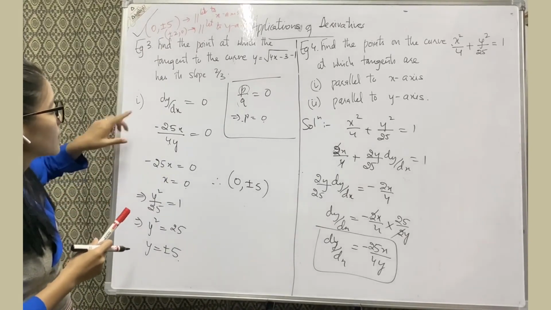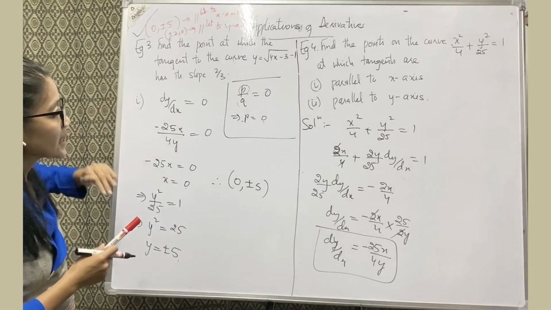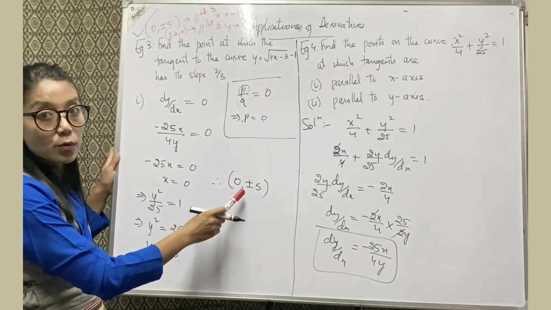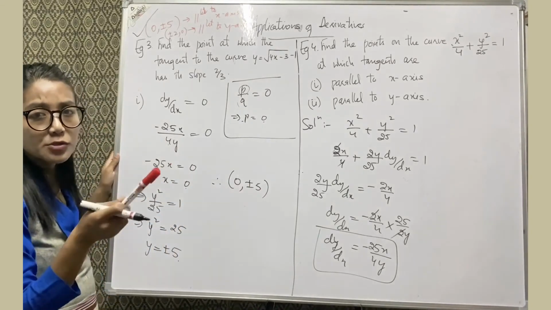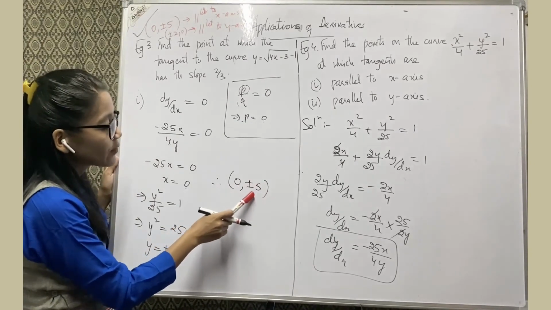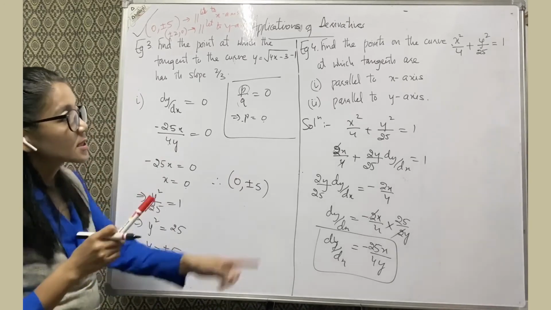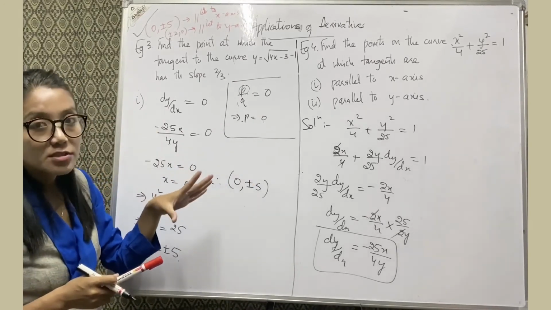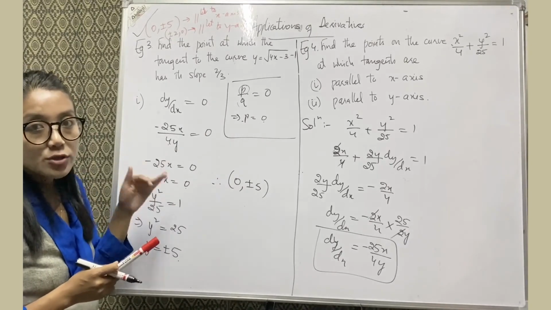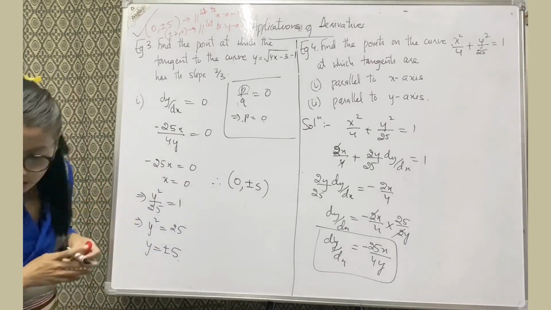So when the tangent is parallel to x-axis, only two coordinate points you will get, from which when you draw the tangent it will be parallel to x-axis. So (0, plus or minus 5) are the only two coordinates on this curve from which when you draw the tangent is parallel to x-axis. So number one, this is how it is to be done, right? Okay, number two,